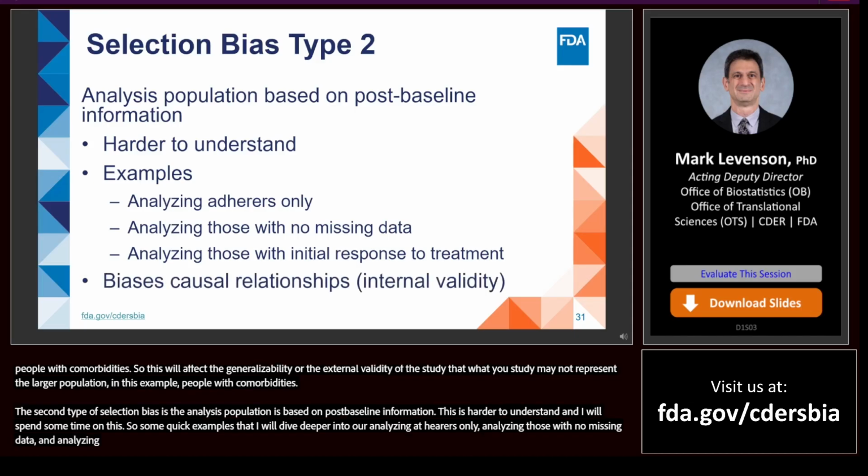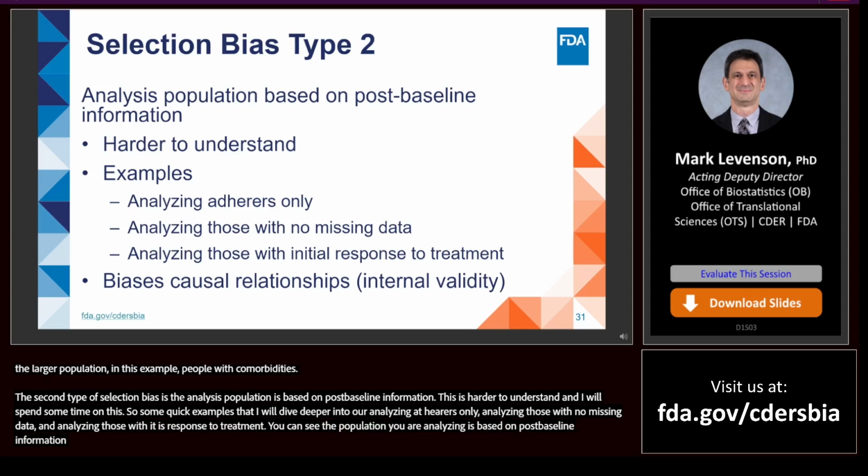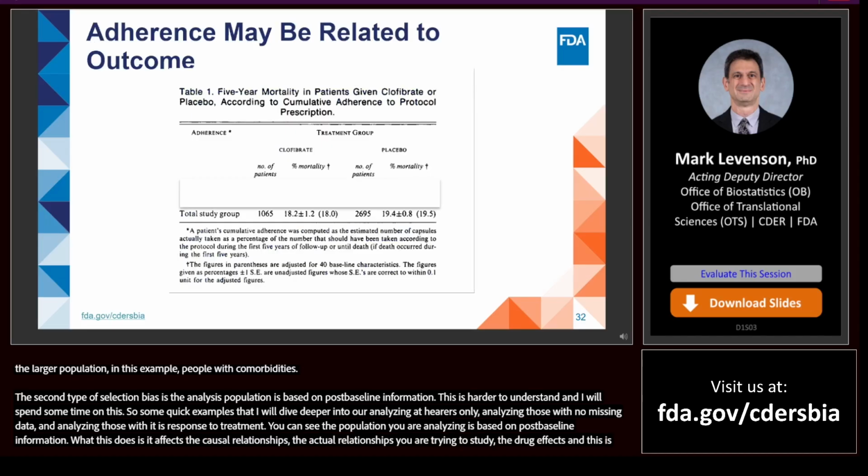What this does is it affects the causal relationships, the actual relationships you're trying to study, the drug effects. And this is actually an effect on internal validity. Even the relationships you estimate within your study are wrong, let alone that they don't generalize to a larger population. So here's a